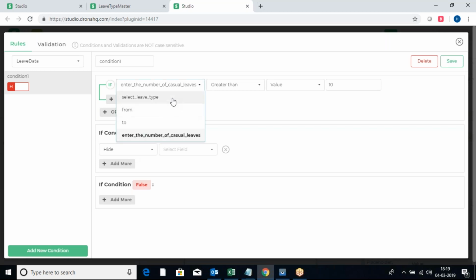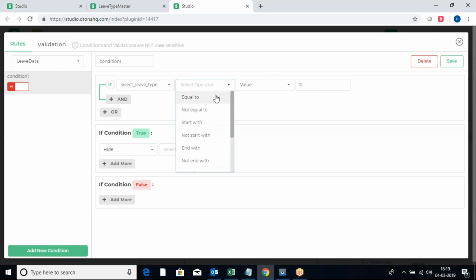So if the select leave type is equal to the value casual leave, then we can